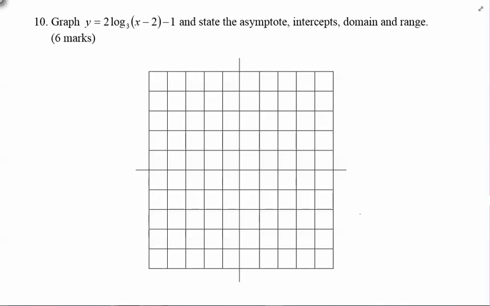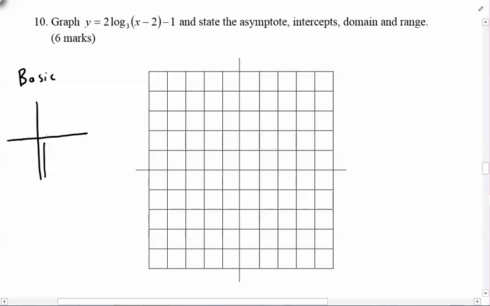I just love this problem. We're going to be graphing a log function based on a transformation of a basic log graph. So it's very important to know your basic graph. Your basic log graph